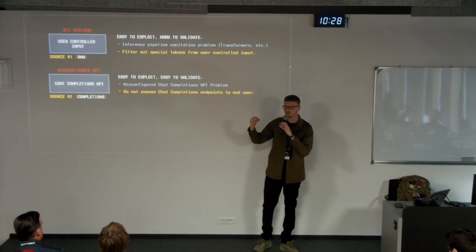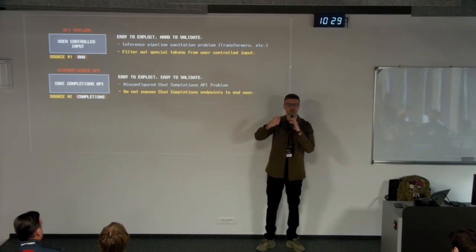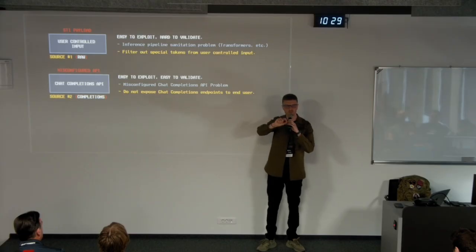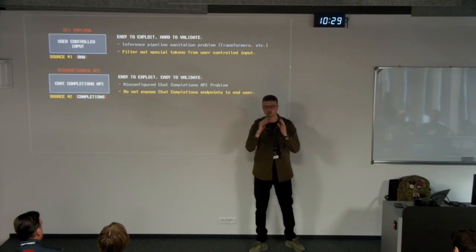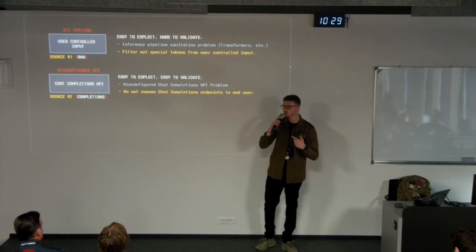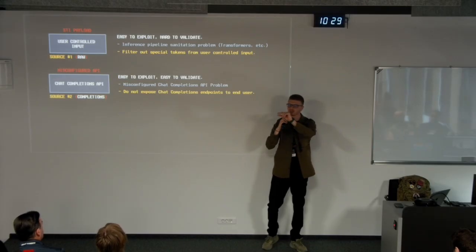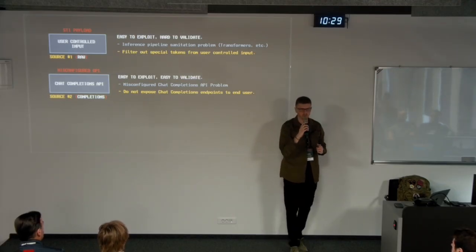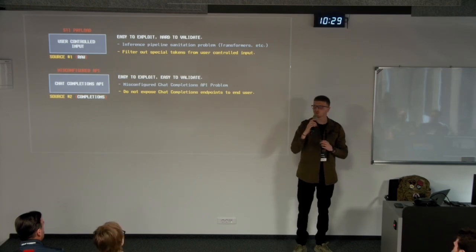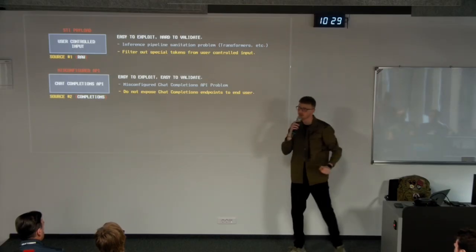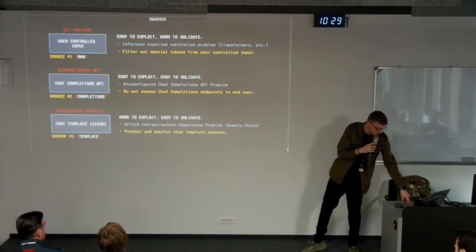What the developers need to do is prevent end users from manipulating all of these role parameters through user input, because the user input must always be marked under the user role, and in addition to the user role, that part of the prompt must only be a string, not an array, and so on and so forth. I can also share a blog post that we wrote specifically to tackle this issue.